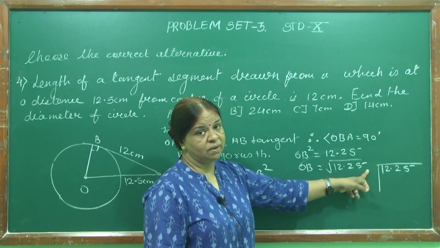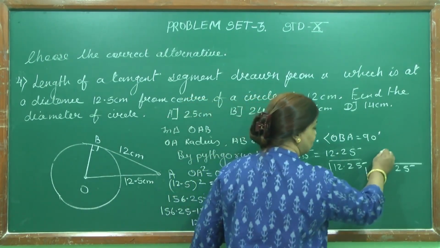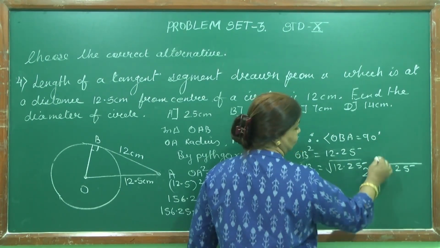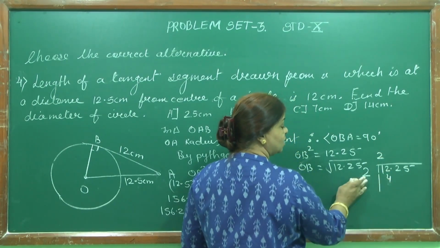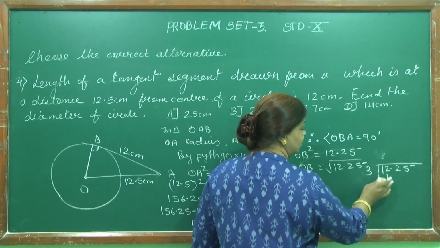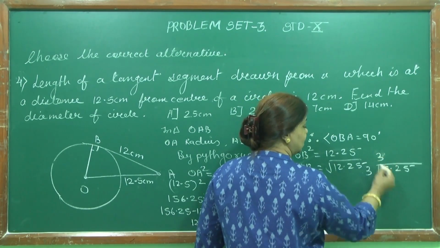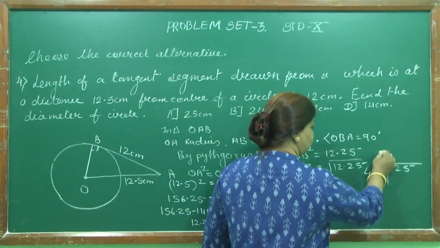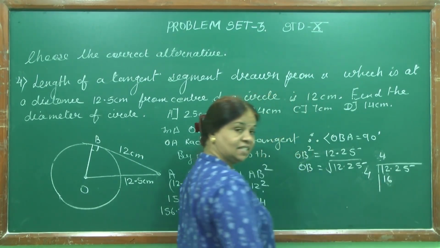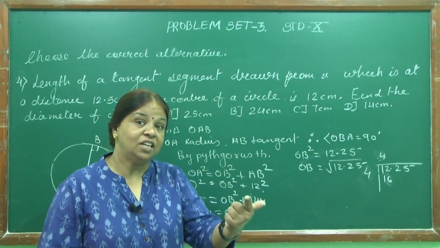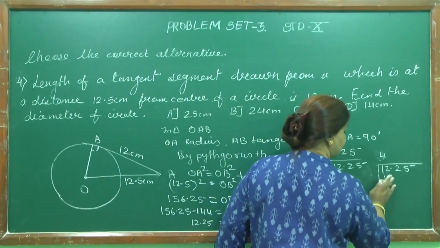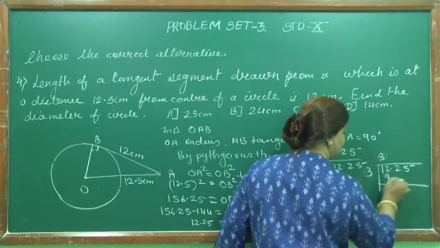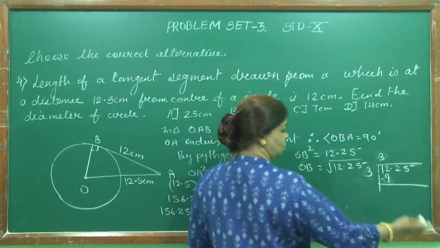So with what number I must multiply? With 1. So if I write 1, 1 1s are 1, which is very small. If I write 2, I must multiply by 2. 2 2s are 4. Again with 12 it is very small. If I write 3, I must multiply by 3. 3 3s are 9. Let me check for 4. 4 4s are 16. Now I can't take 16 because 16 is bigger than 12. So which number will I take? I'll take 3. 3 3s are 9. Now you do minus: 10, 11, 12, 3.